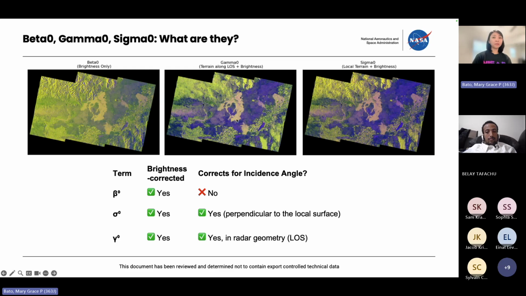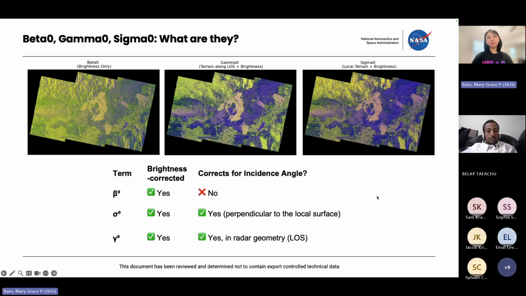For example, it's typically used for flood monitoring or flood delineation. And it's also terrain corrected. That's why you see that it's almost flat. So the beta naught is just brightness corrected and you still see the terrains there, or the topography. Sigma naught is just reflecting the local terrain and it's also corrected for brightness. So that's the difference between gamma naught and sigma